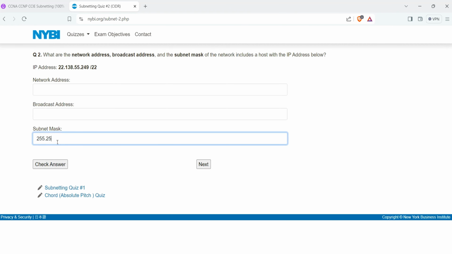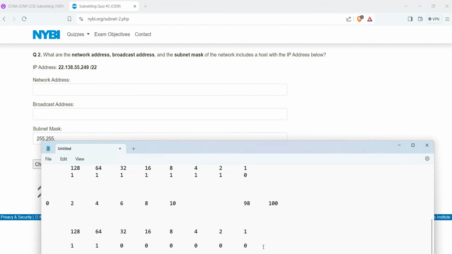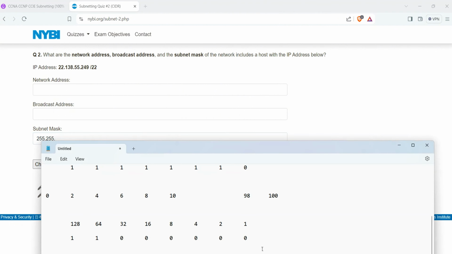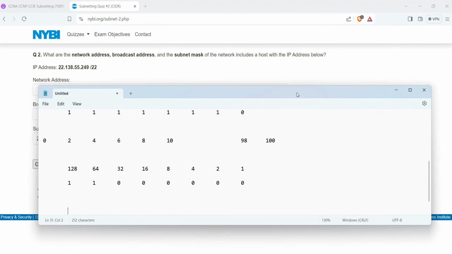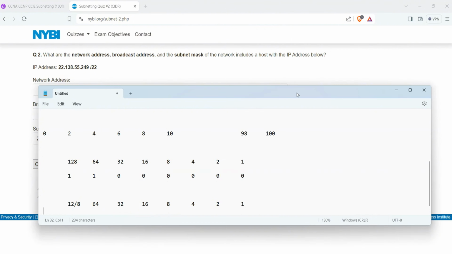Now, look at this, a slash 22. 255 is 8 bits. Another 255 is 16 bits. I need 6 more bits, right? 6 more bits, folks. Watch this. 128, 64, 32, 16, 8, 4, 2, 1. So what are the 6 bits? Oh, there you go. A little mistake right over here. Okay. So what are the 6 bits? 1, 2, 3, 4, 5, 6, 7, 8. So the value of the last bit that I borrowed is a 4. I add these up together, I get a